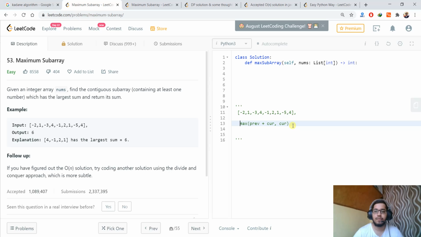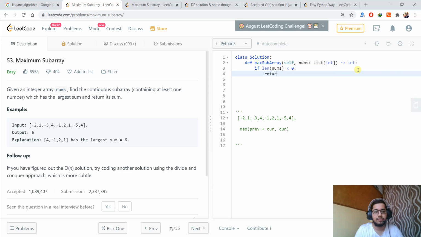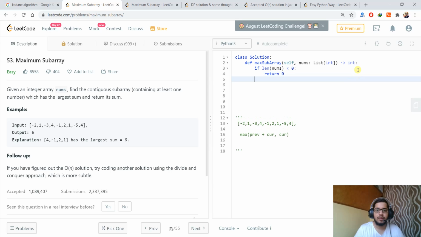Now we can code for this. The base cases: if this is an empty array, we will return 0.